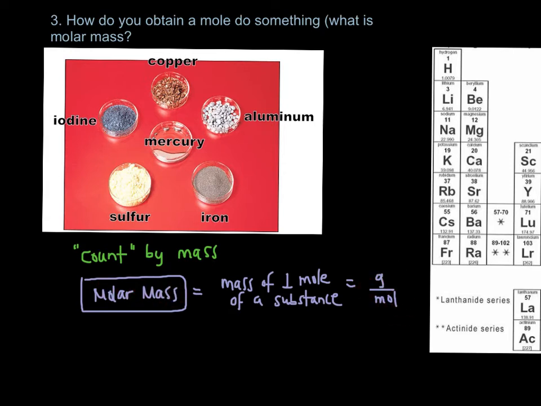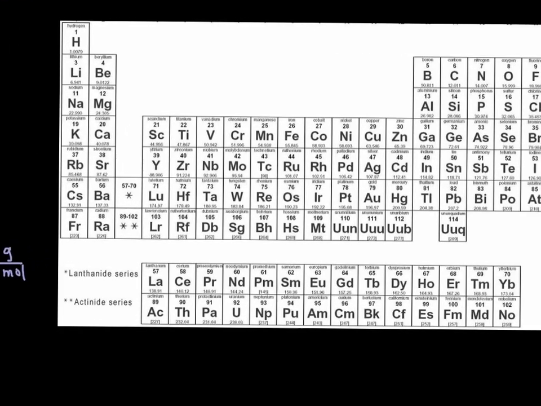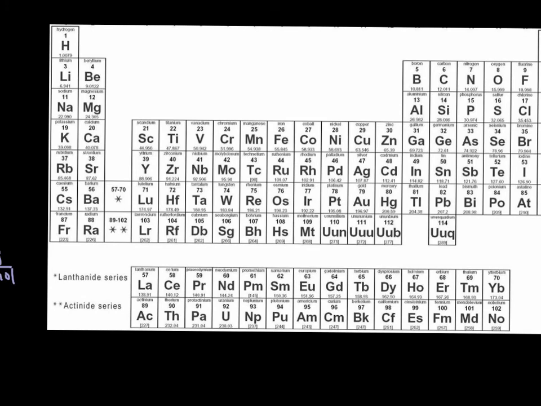grams per mole. Now here's the thing, you can't count out a mole, it would take too long, so how do we obtain a molar mass so that we know how much 1 mole of something weighs? Well, that's where your periodic table comes in. So let's look at something like copper. Here's copper on your periodic table. If you look underneath copper, there is an atomic mass. If you remember, we talked about atomic mass a long time ago. So the atomic mass for copper happens to be equal to about 64